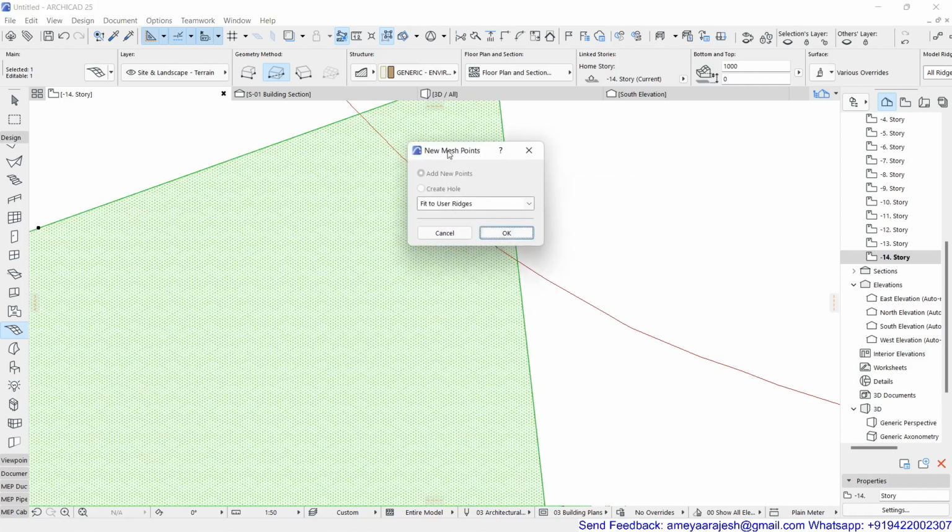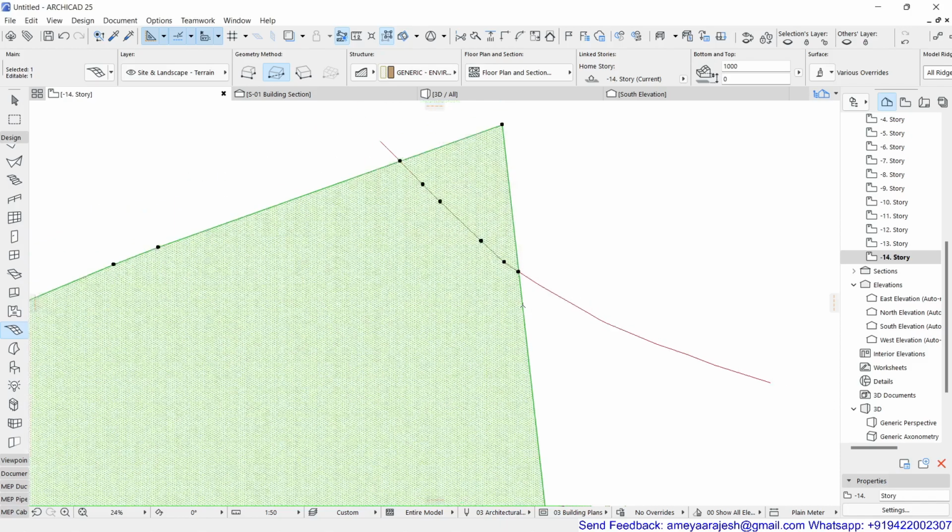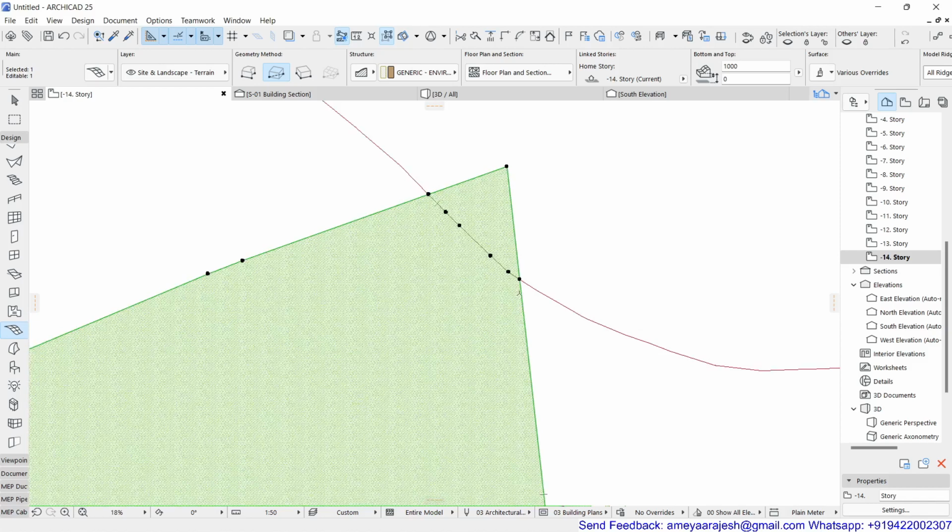I got the prompting like new mesh point. Instead of fit to user edges, you can see it's supposed to be no surface fitting. So I'll just get these kinds of nodes on the periphery of the contour line.